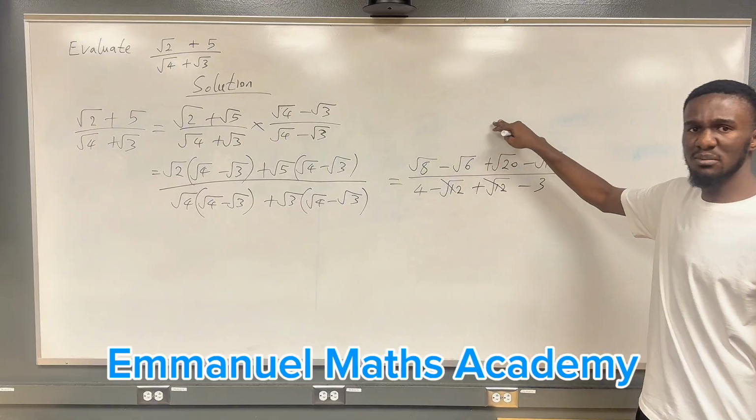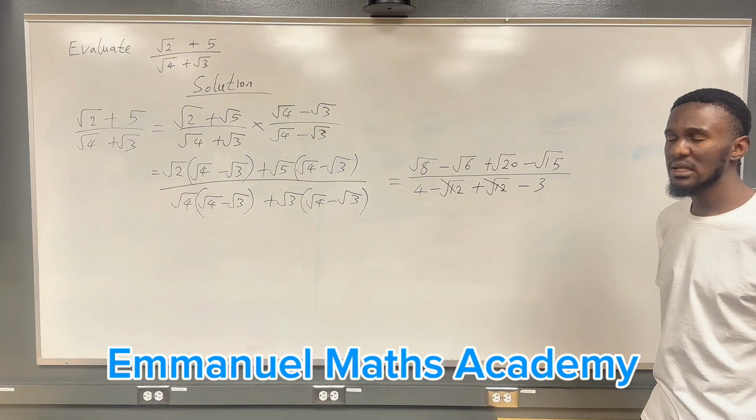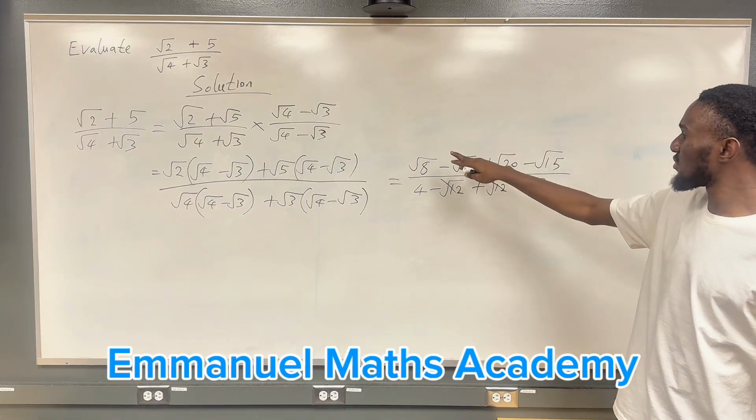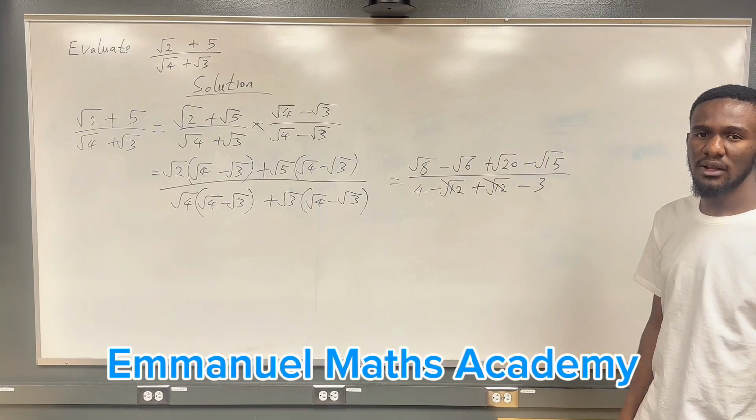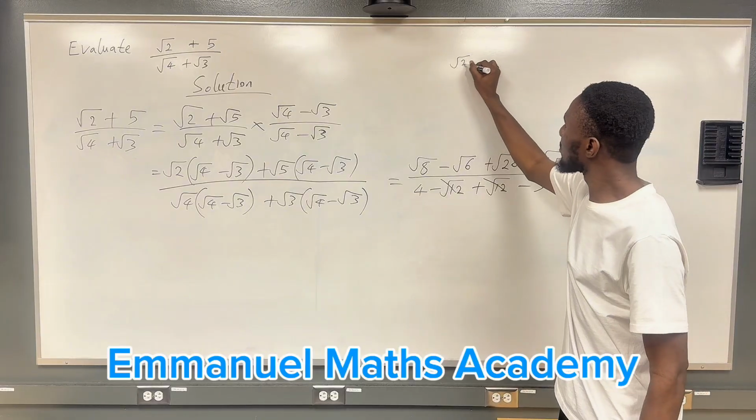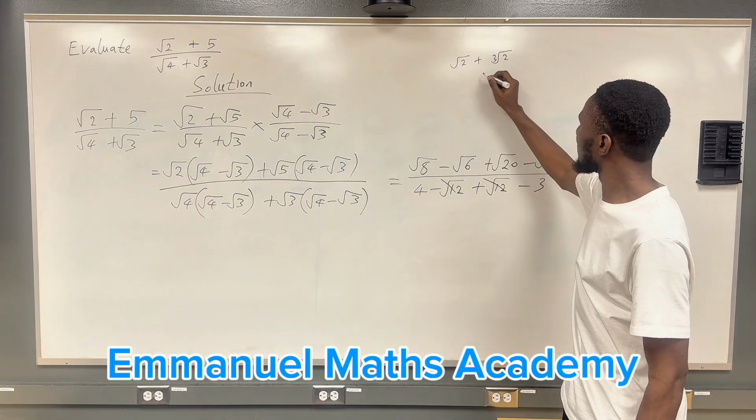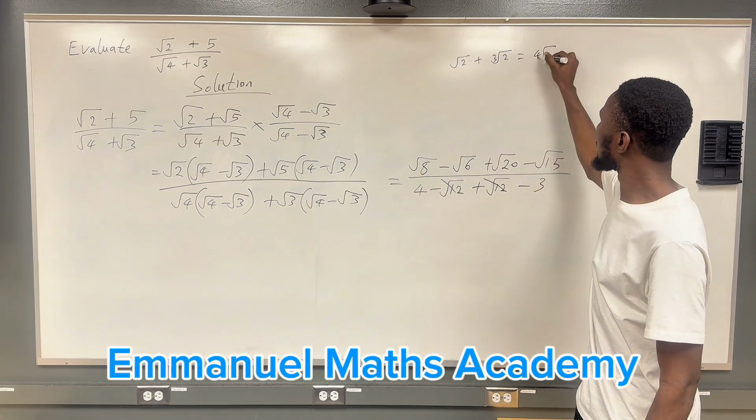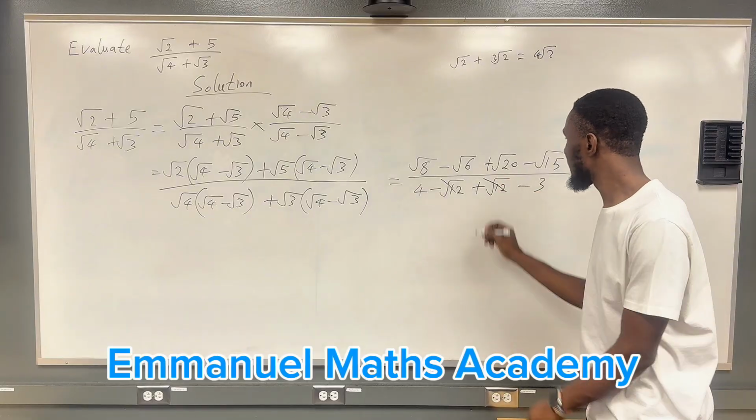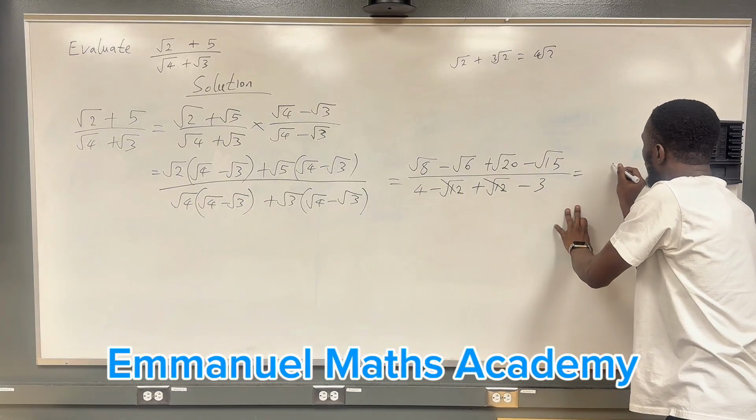For the numerator, can we simplify further? No, we can't, because they do not have the same root. But had they been having the same root, then we can simplify further. Let's assume we have root 2 plus 3 root 2. This should be equal to 4 root 2, because they have the same root. But in the absence of this,